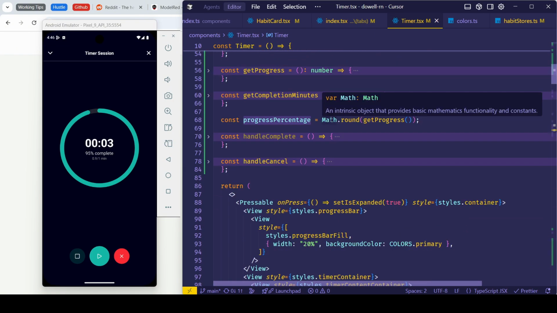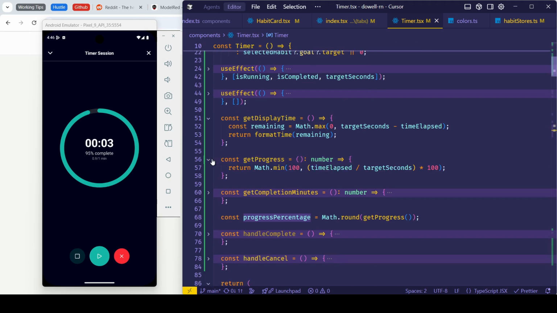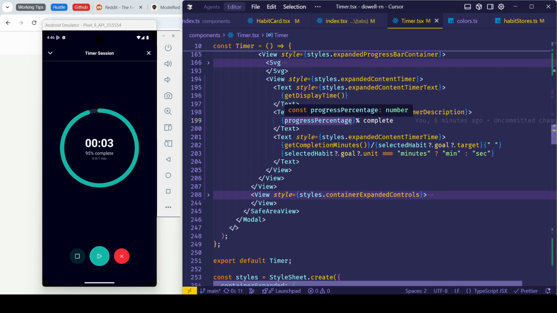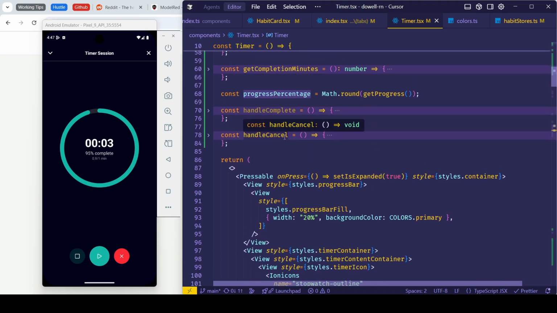Then here is the progress percentage. It is just a function with a method called getProgress. In getProgress here, it handles the math function again to calculate the percentage. So it will calculate the percentage, and this is a percentage too, but per the target. So it will show when the target is completed. Okay, this is for the slicing.